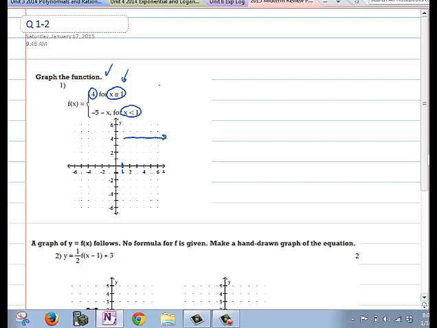The line y equals 4 is horizontal, and basically it is just going to appear when x is greater than or equal to 1. So I'm going to fill in the point at x equals 1 solid, so we know that it's closed and it equals 4. The next one is a simple equation of a line, y equals